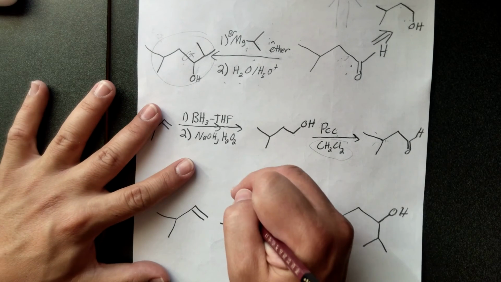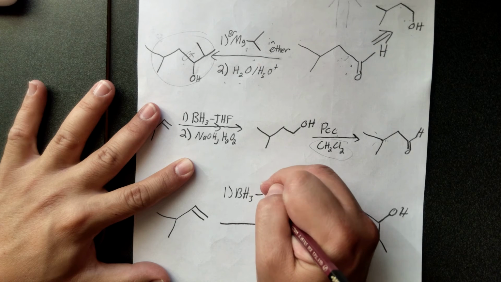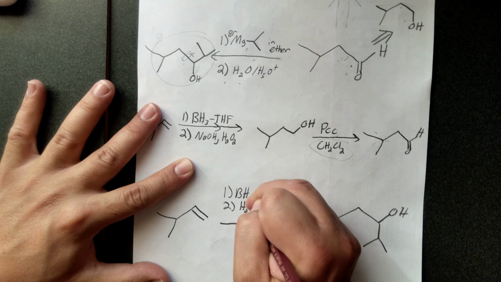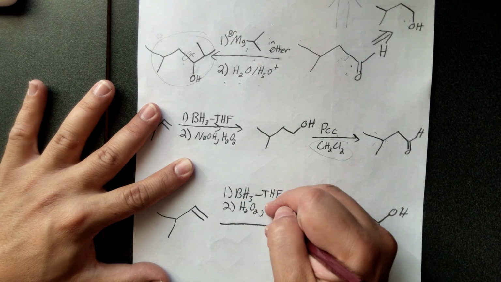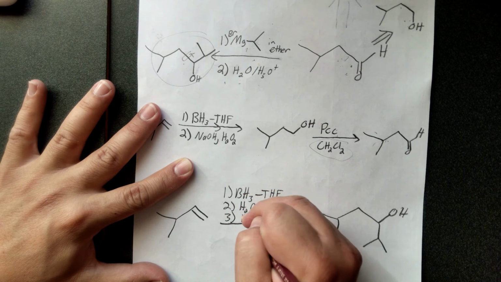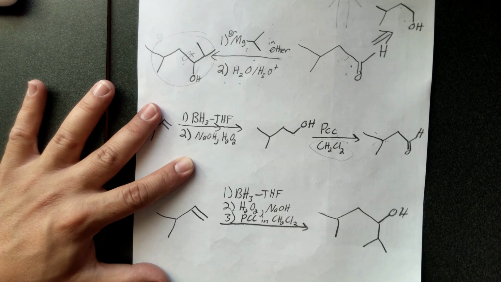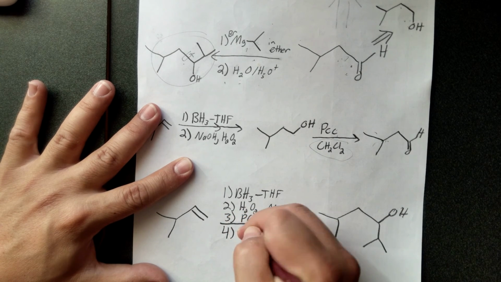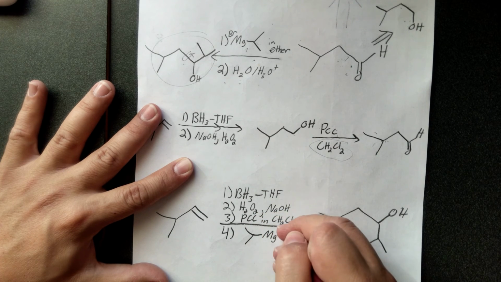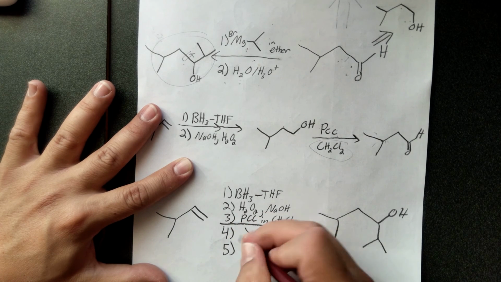So what would that be summed up overall? It would be BH3, THF, followed by H2O2. That's the more common way or order of writing it. NaOH, followed by PCC in CH2Cl2, followed by adding a Grignard reagent, already turned into a Grignard, specifically this one, followed by the last thing,